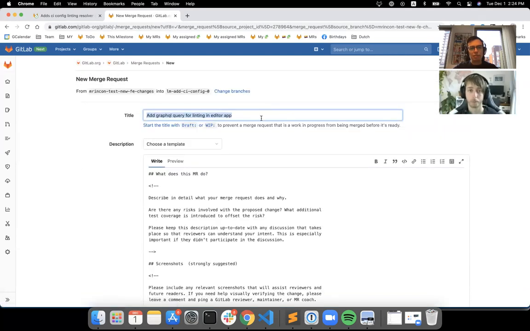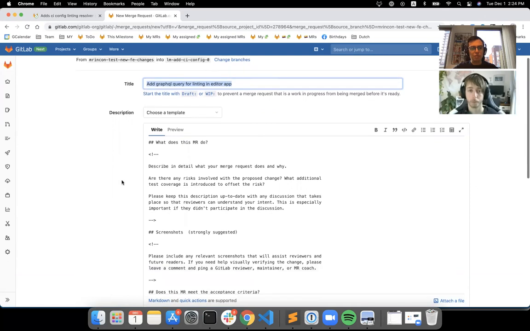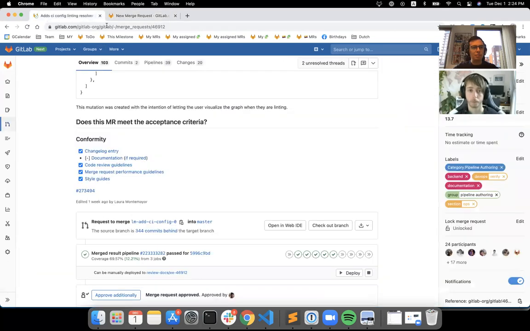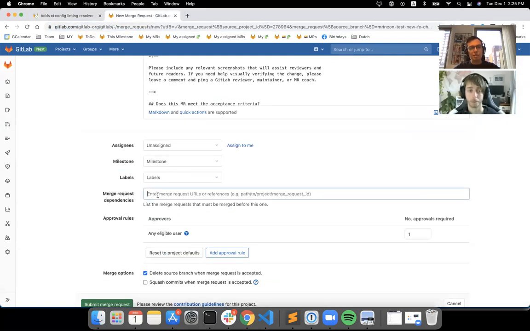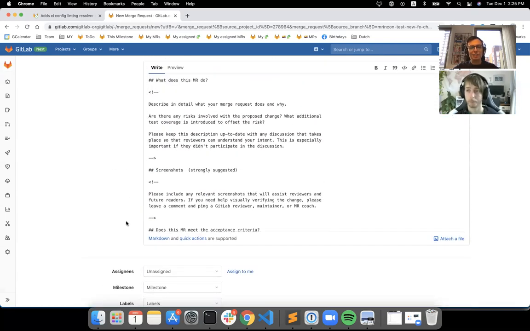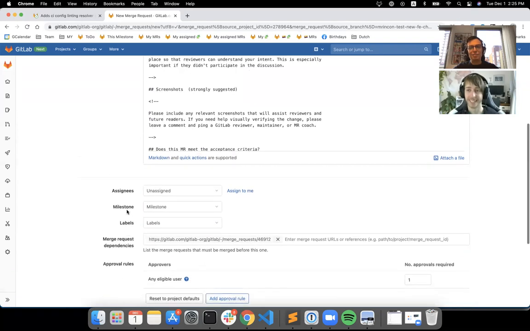Then I can do what we do normally for merge request descriptions. And this one is kind of important because I've had some cases where people merge. So we copy the merge request that we're pointing to, and we add it as a dependency. I do this because sometimes I even send this for review, and the maintainer goes and clicks merge, and they